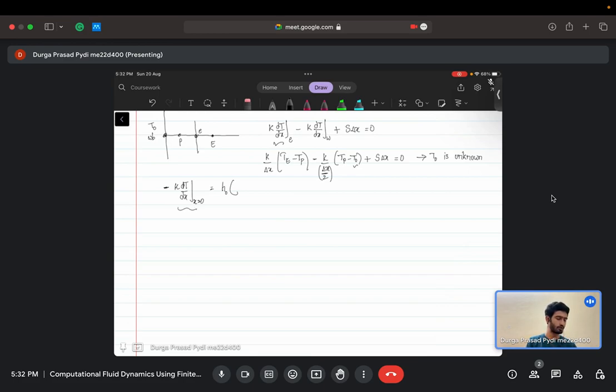So at x equal to 0 you have dT/dx. For this, we will again take a linear approximation, so minus k times dT/dx can be written as Tp minus T0 by the half cell, delta x by 2, equals H0 times T0 minus Tf. This is something you might be familiar with. If I just do some little rearrangement,